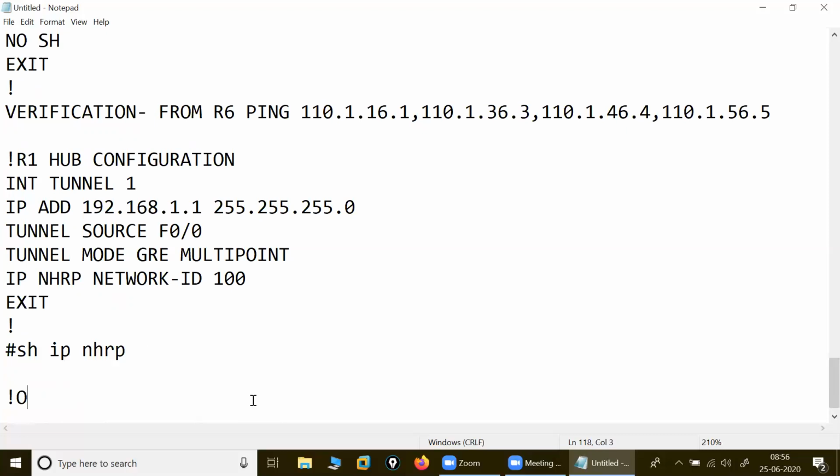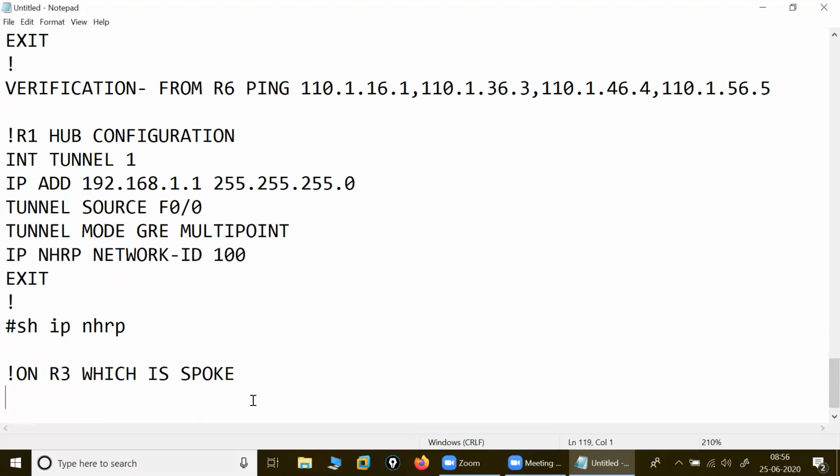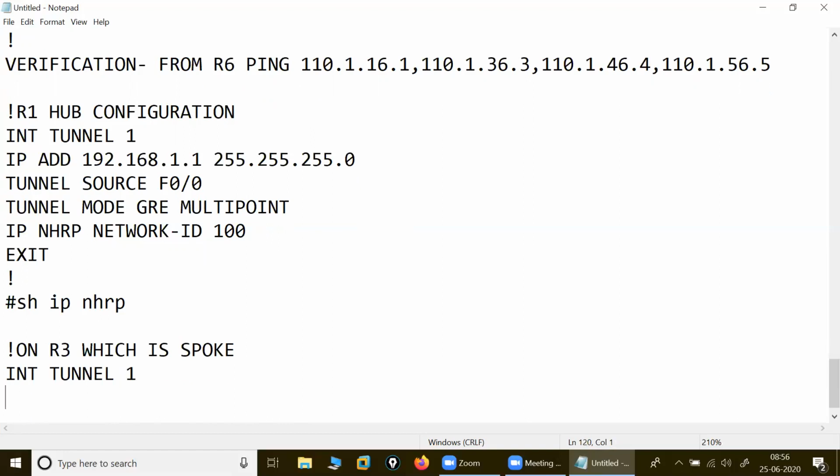On R3 is scope. Which is a scope. Okay. So what I'm doing, R3 scope configuration I'm giving here. Interface tunnel 1. Okay. IP address becomes